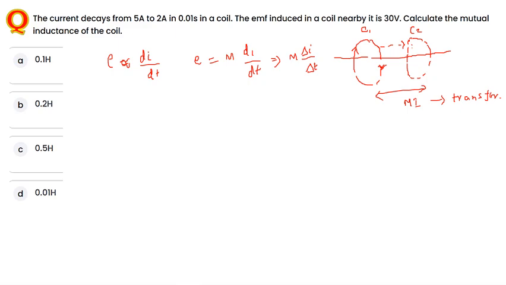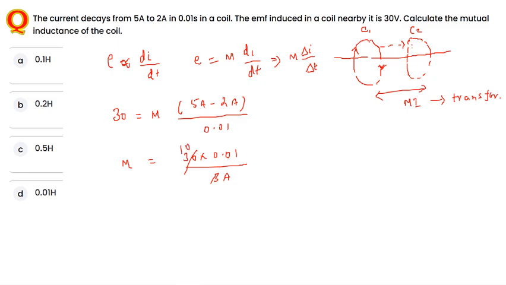First we'll substitute the values here. The changing EMF is 30 volt, and the mutual induction is what we are going to find out, and the changing current here is 5 ampere to 2 ampere, that is 3 ampere is the changing current, and the changing time here is 0.01 second. From this, mutual induction is 30 into 0.01 divided by 3 ampere of current. You just cancel this, for 10 times here. See, from this, mutual induction here is 0.1. So mutual induction, or even inductance of the coil, the unit is Henry. So answer in this case,